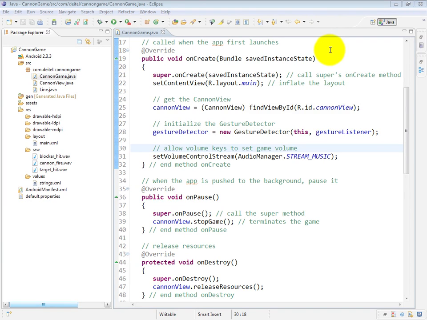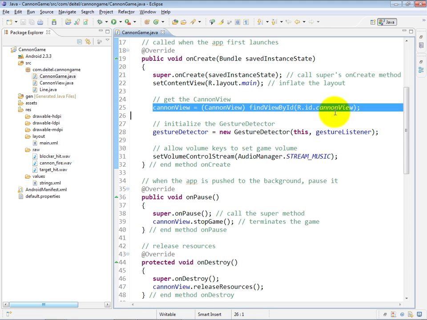In this video, we're going to take a look at the activity lifecycle methods onCreate, onPause, and onDestroy for our Canon game activity. Now, of course, you already know that onCreate gets called when the app first launches and it creates its main activity. In our case, we're going to inflate the main layout. We're going to get a reference to our Canon view object that's built into that layout